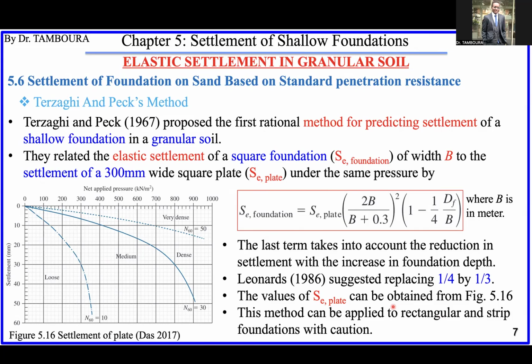As you can see, this equation applies to square foundations only, since it was proposed using square foundations, but you can extend it to rectangular foundations and strip footings with caution. Normally the settlement should be larger if you are using a strip footing or a rectangular foundation, because these take up a little more space than a square footing with the same B. But anyway,